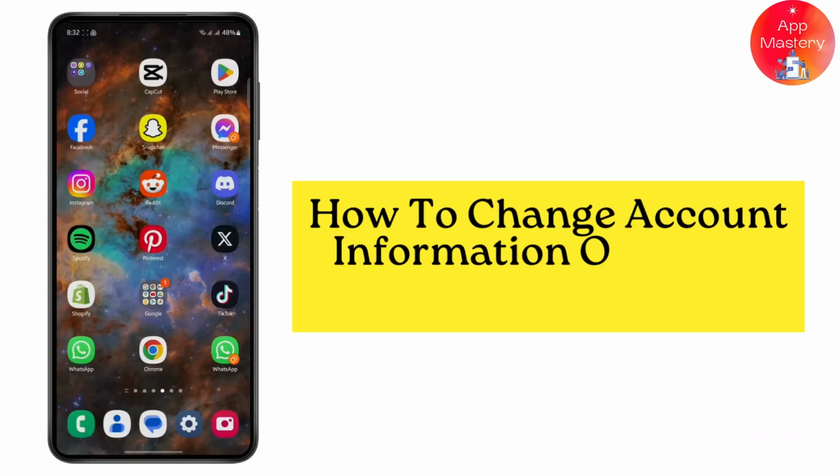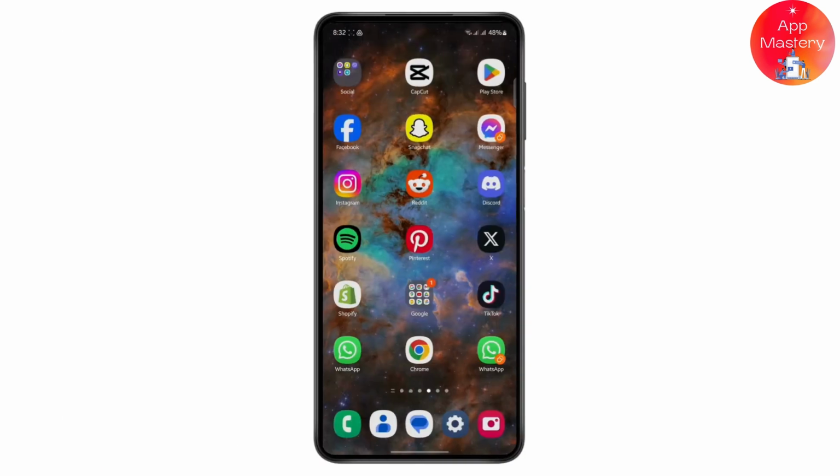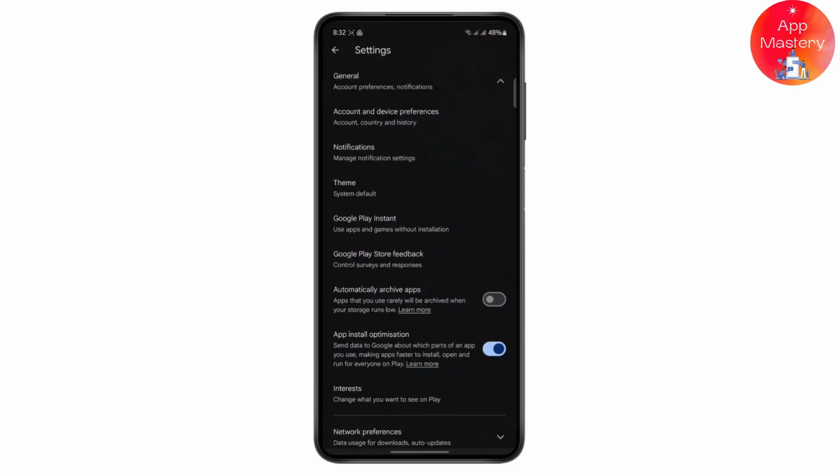How to change your account information on your Gmail address. So this video is going to be about how you can change your name, your date of birth, and everything on your email. Alright, so first thing that you want to do is head over to your Google Play Store